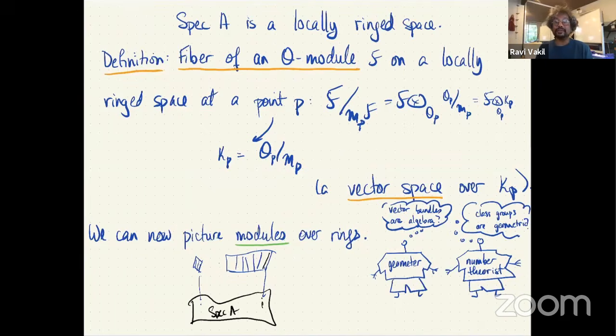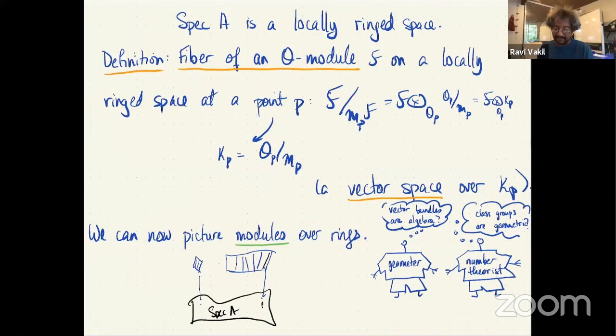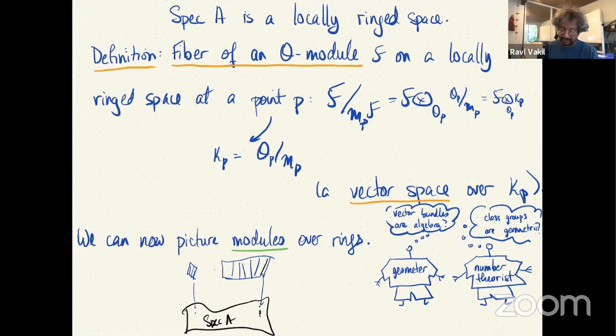Okay, so another useful definition is that if we have a locally ringed space, and you have an O-module, like think M twiddle in our example, then I can define the fiber of it at a point, and I will try to give some geometric motivation in just a second for it. So you take the fiber, which is F sub P, and F sub P is an O sub P module. So F sub P mod m_P F_P is a module over the